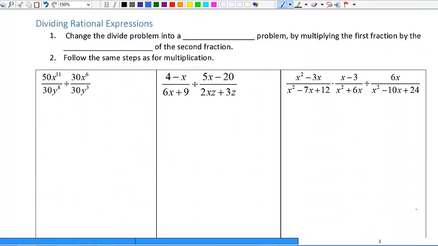Next, we're going to divide rational expressions. So the first step is to change the divide problem into a multiply problem. We already know how to multiply, so if we change the divide problem into the multiply problem, then we know the rest of the steps. So we do that by multiplying the first fraction by the reciprocal